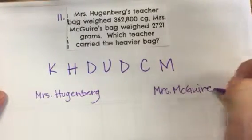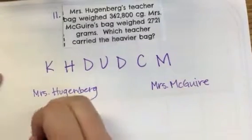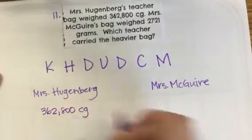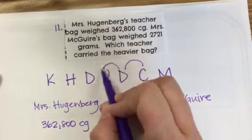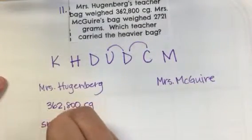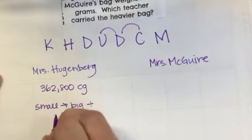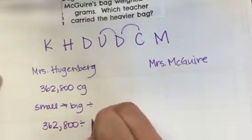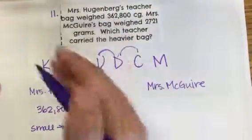Anytime we want to compare units or any type of number, it always helps to make them have the same units. So we're going to look at 362,800 centigrams, and I want to make that grams. Here's my centigrams, and I'm going to move to grams. I'm going from small to big, which means that I need to divide, and we have 362,800 divided by 10, and because we're moving 2 places, it's